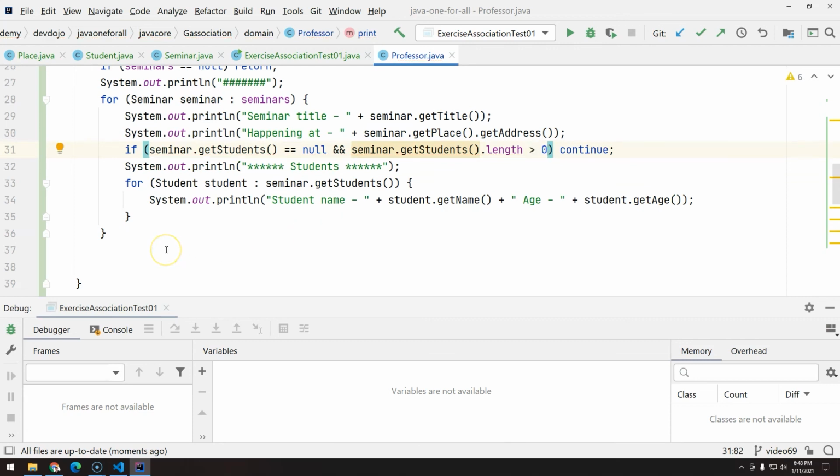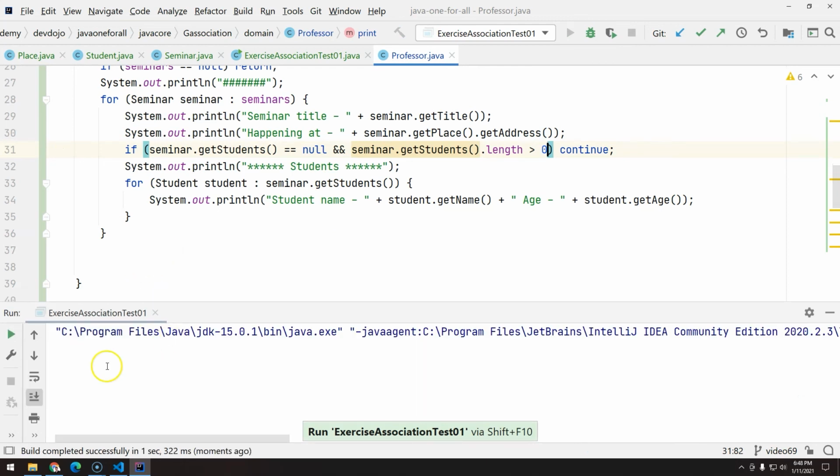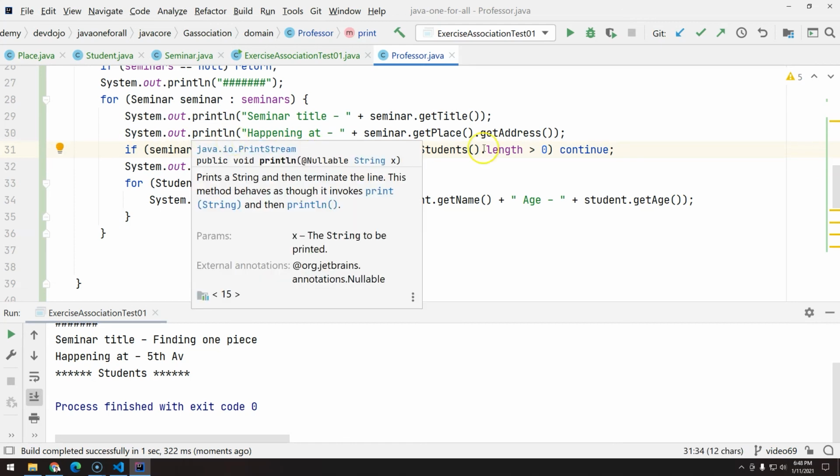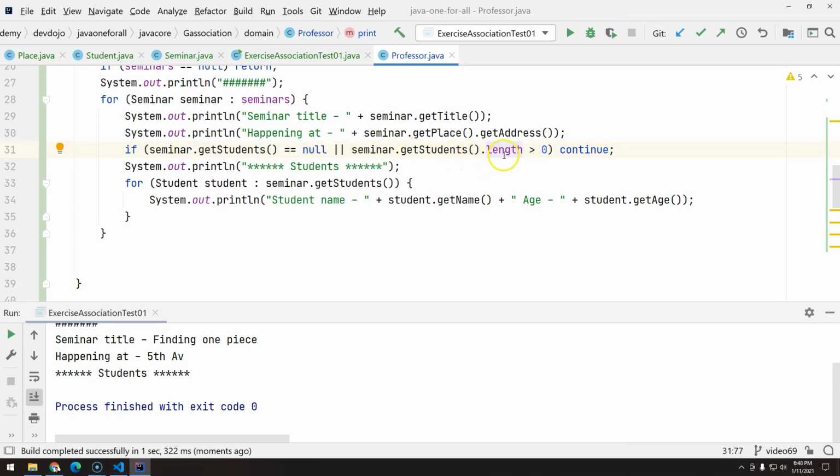Now if we execute this again, you should not see, whoops, yeah, this is wrong, it should be or. So basically if the seminar.getStudents is null, or the seminar.getStudents.length is